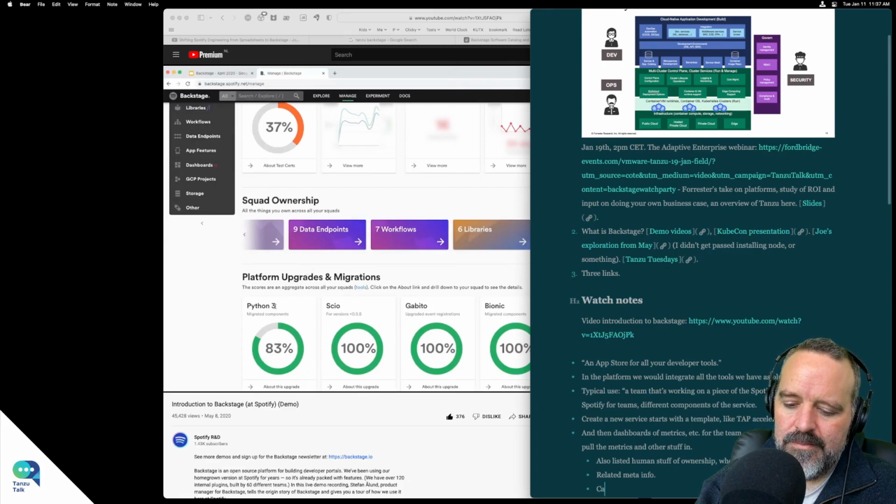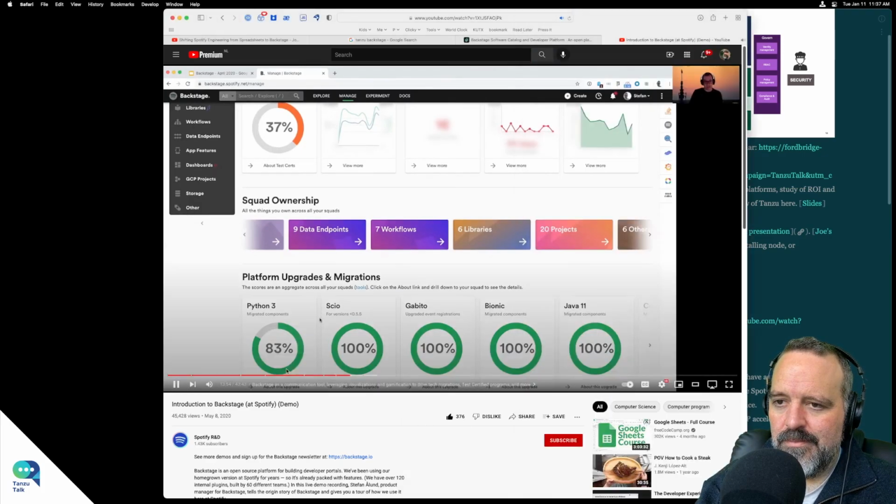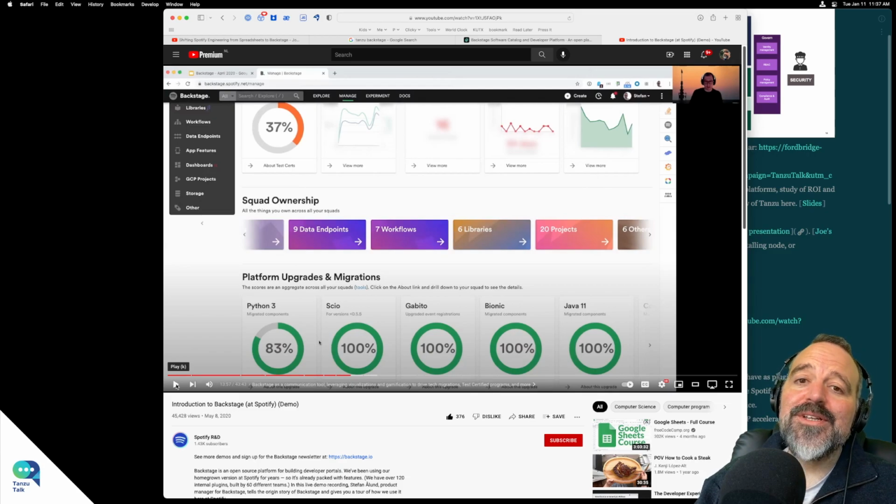For example, Python 2 is getting deprecated, end of life, and we want everyone with Python services to move to Python 3. So rather than sending out a lot of emails to the rest of the organization and just telling them their status, what we did is visualize the progress of this team inside Backstage. And this again is fun. I was talking about OKRs and KPIs and metrics a while ago, and one of the things with an OKR is transparency, making it visual to everyone. So you've got that built in here.